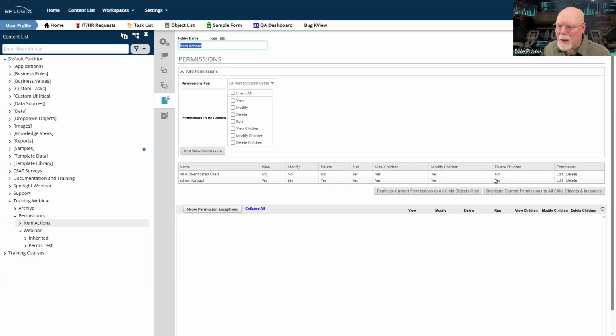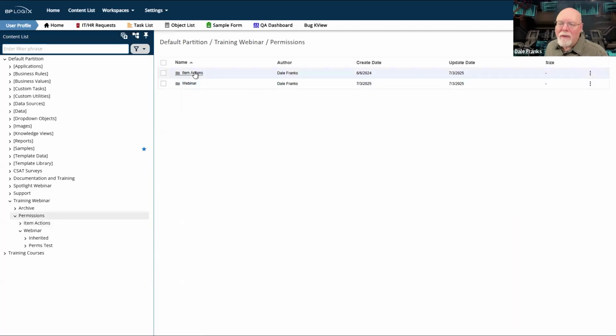It's just a sample to show property differences. But in this case, my authenticated users can access any of these objects, and they can run the form and submit it, and they can view the form instance. My admins can go in and modify and delete objects in here, which you would expect from people in the admin group. Okay, great. So those are my property settings.